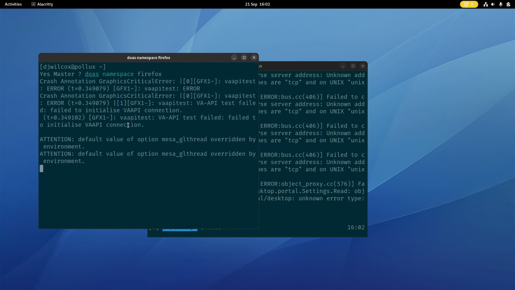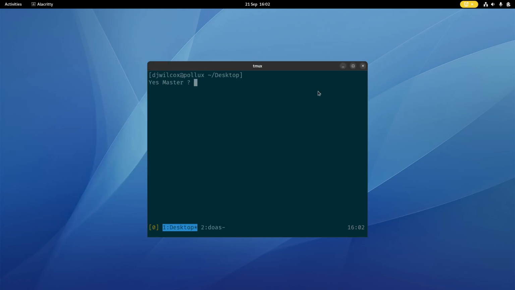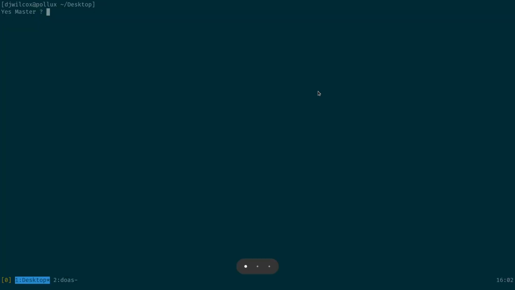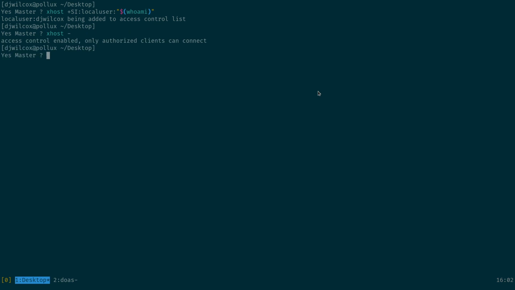Namespace Firefox. No, it's still working, even though I'd sort of removed the access control. So you don't need to enable it every time you want to launch an application. Just do it once and it will actually fix the issue. But actually removing it doesn't seem to have any effect. But that's the command I used to add it, and that's the command to remove the permissions. Maybe it only takes effect after you reboot or something, I don't know. But anyway, that's how you fix the issue,